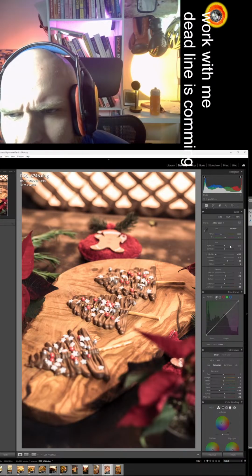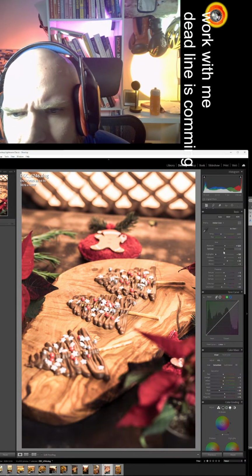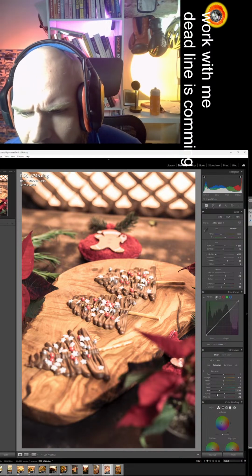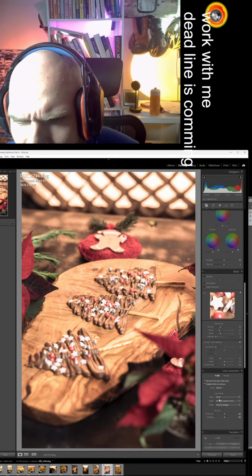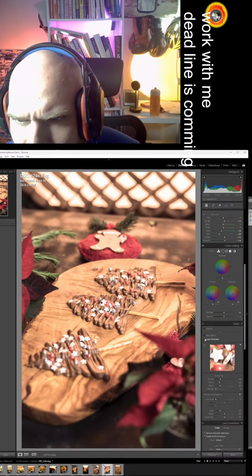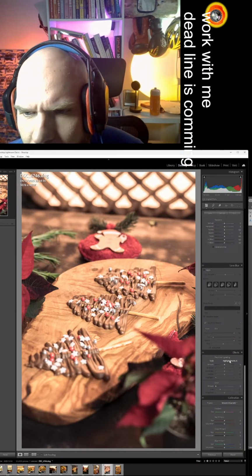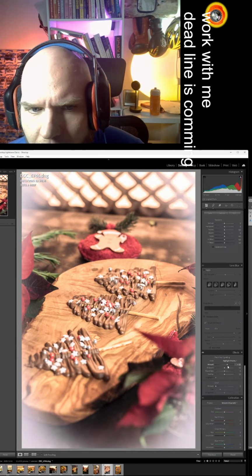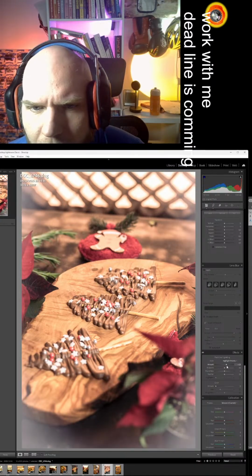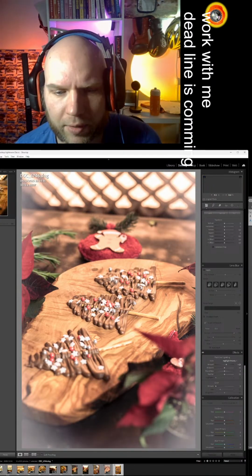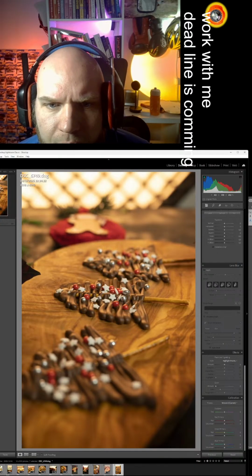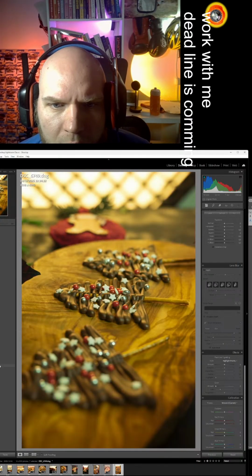Highlights down in this case because we want to see more details. Contrast down because we want to have a soft light. A little bit of vignette. And here we have a close up.